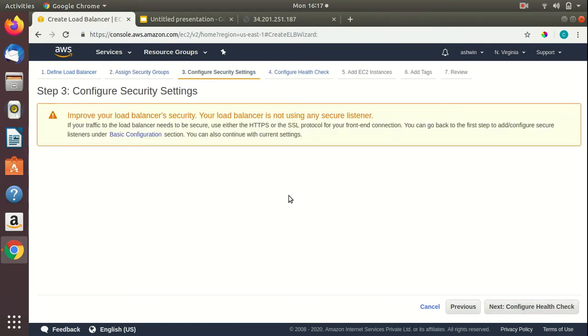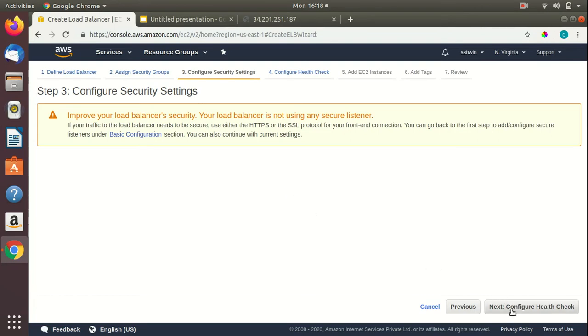Here we get a warning that we need to improve our load balancer security. This is because we have configured the load balancer on HTTP and the incoming traffic on HTTP is never encrypted. I will provide a link in the description below which points to the AWS documentation about configuring load balancers on HTTPS. For that we need to configure SSL certificates and so on.